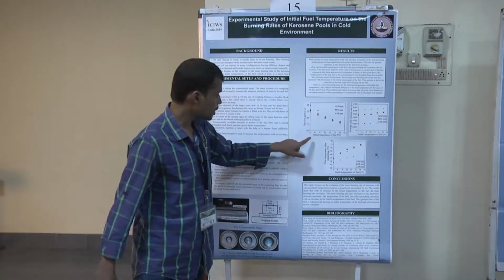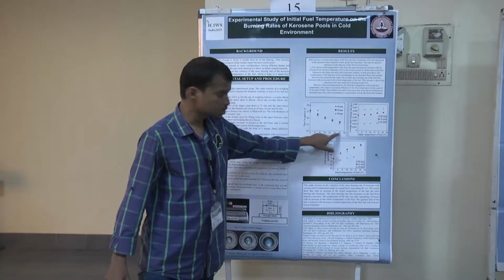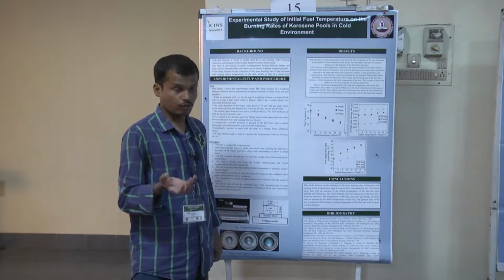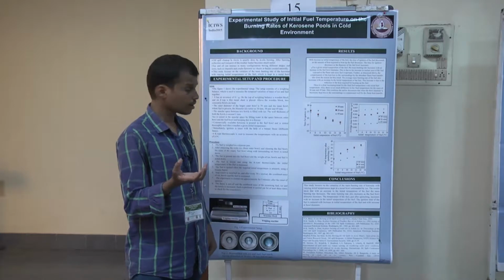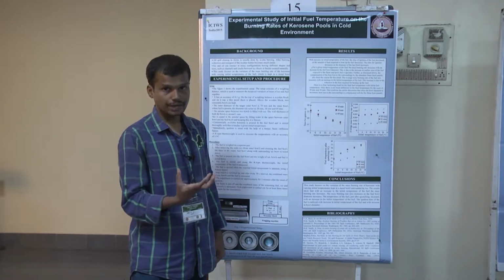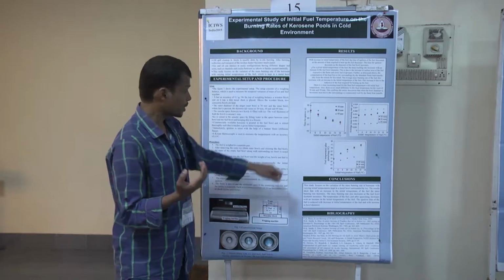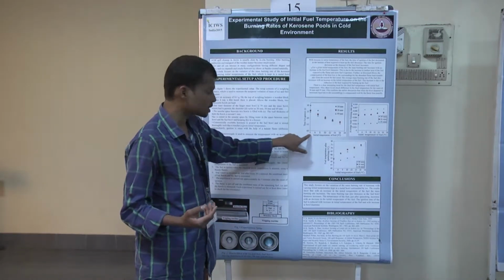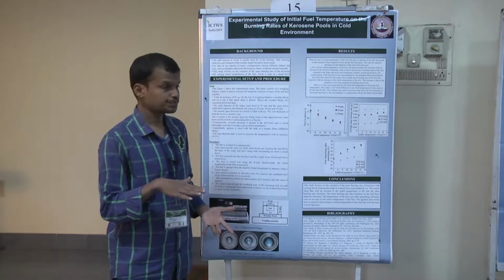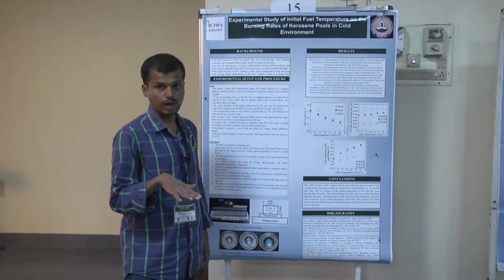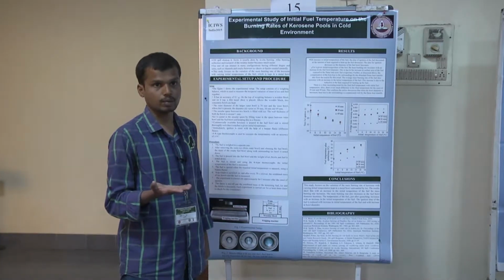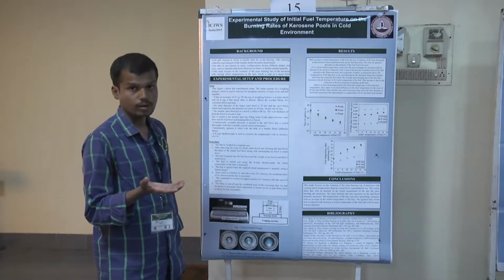We are varying the initial temperature from 4 degrees to 16 degrees. How we are doing it is, when we take the fuel it is at atmospheric temperature, so we pour the fuel into the bowl and we start stirring it. Because of the ice it starts cooling down. When it reaches a particular temperature, suppose 4 degrees, we start igniting it, and we will pinch the flame after 5 minutes, and in between every 30 seconds we will take the mass of the fuel.